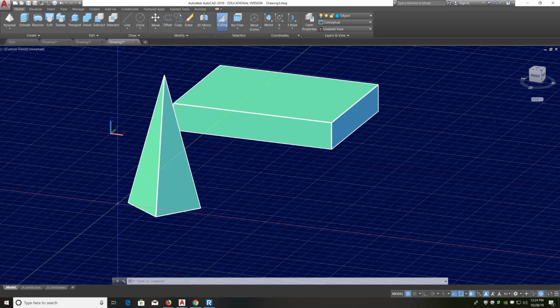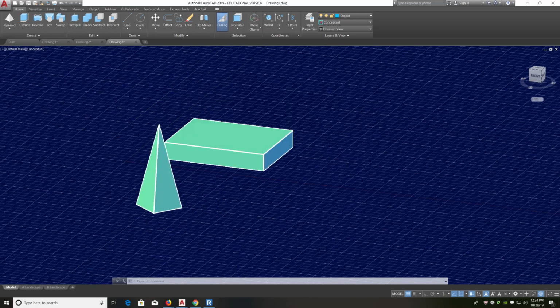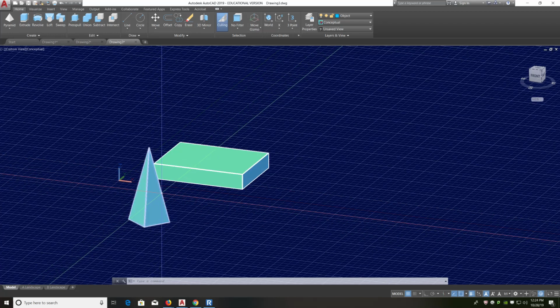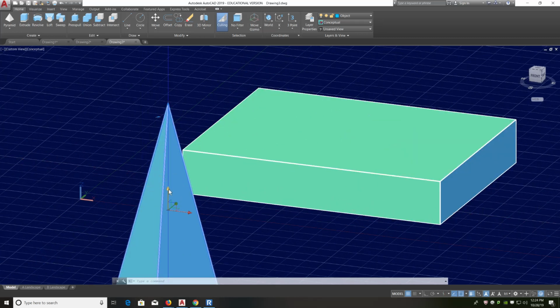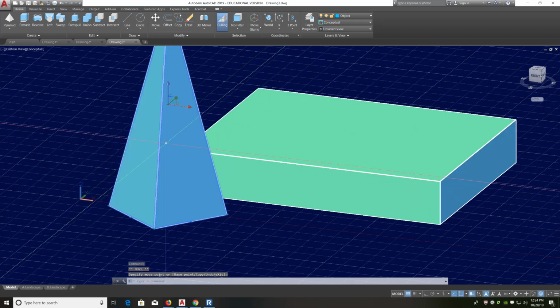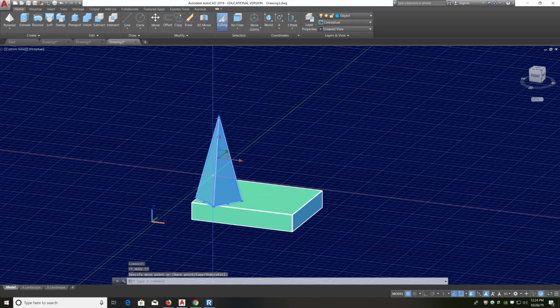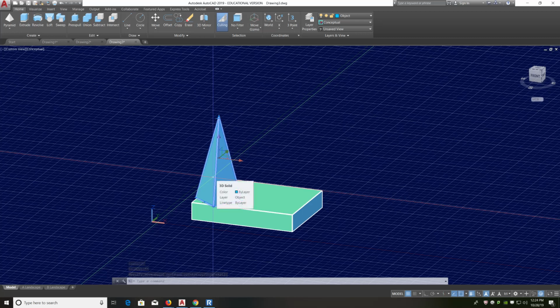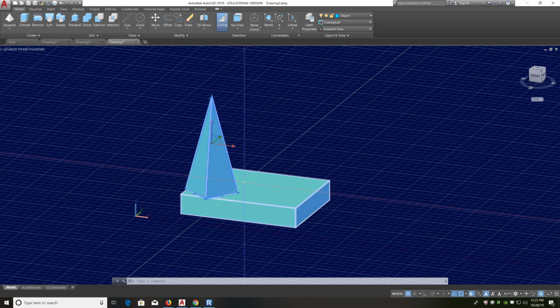And so basically what I want to do is align this to the block somehow. Okay, maybe the middle, maybe the corner. Now you can do it using basic math if you know what the height of this block is. I can always left click, and if I'm in a three-dimensional visualization mode, I can use the arrows to lift it up and use the green arrow to move it over. And this might take a while, or I can input the actual values. Like I said, I have to know the height of this block. So instead of doing that,